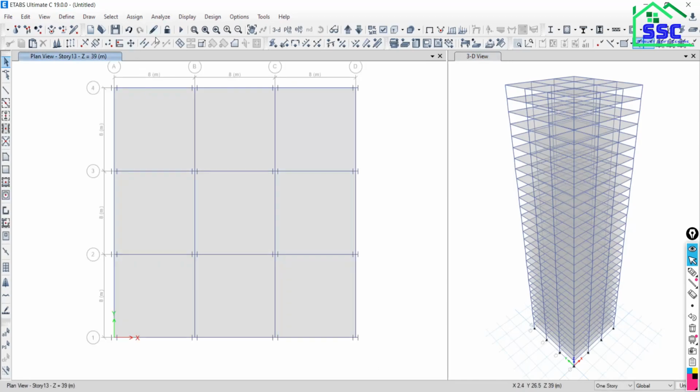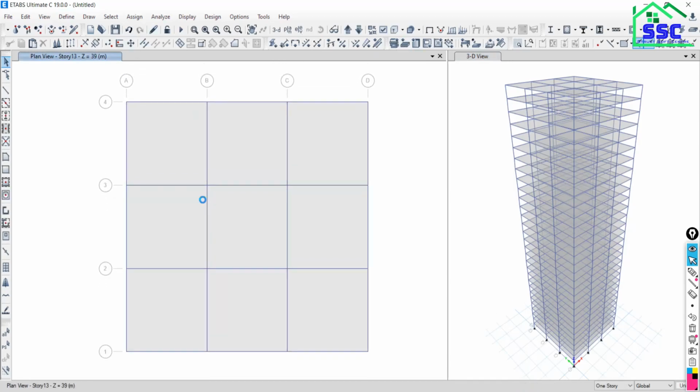So this 30 floor building is there. Is it visible to all of you? Okay, so it is a 30 floor building.